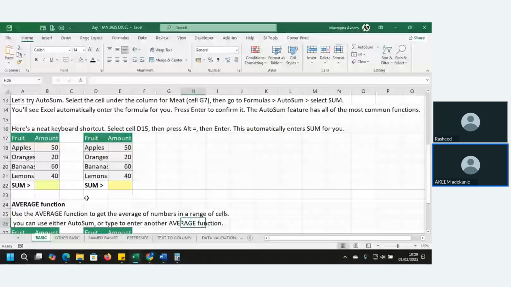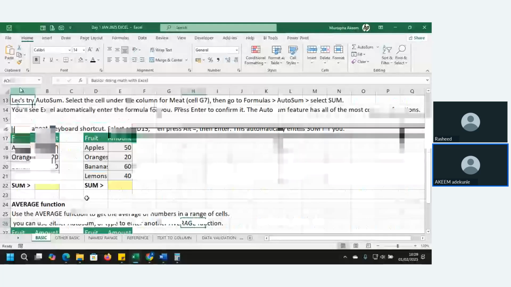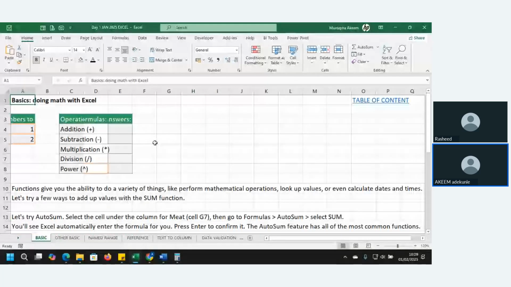So for people like you, you're not too new to Excel, so you're going to make adjustments very fast. We're going to start from the basic Excel functions for people who also want to watch the class along the line. So when we talk about Excel, Excel is a spreadsheet that is used for a variety of things. And just like the normal sheet that we have, in Excel we have cells.